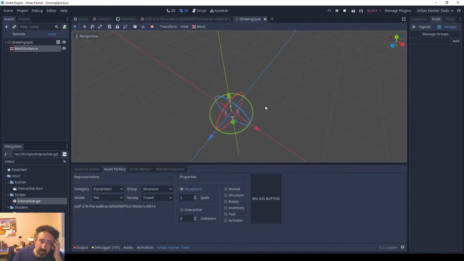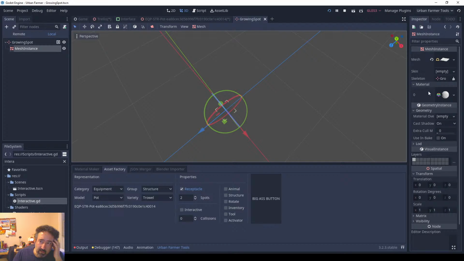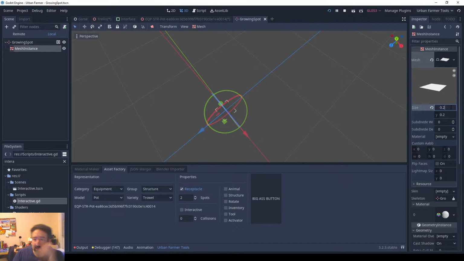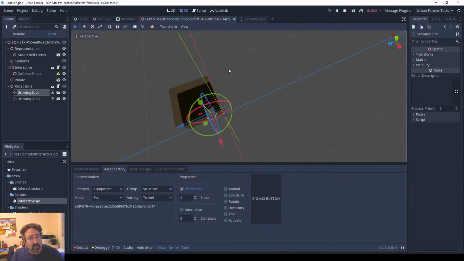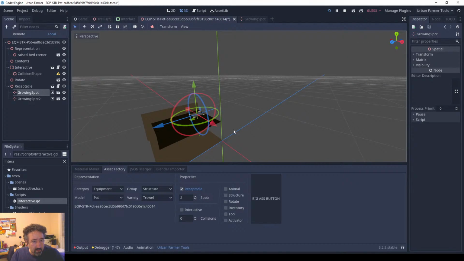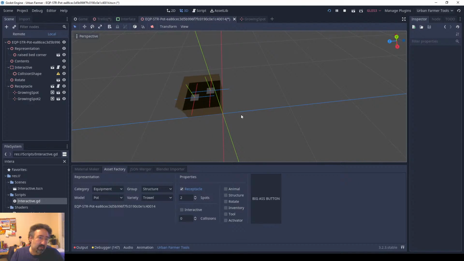Anyway, this is going to be interesting. You look here, yeah, it designates 2 growings. Not bad. When you turn them on and off, they are going to be